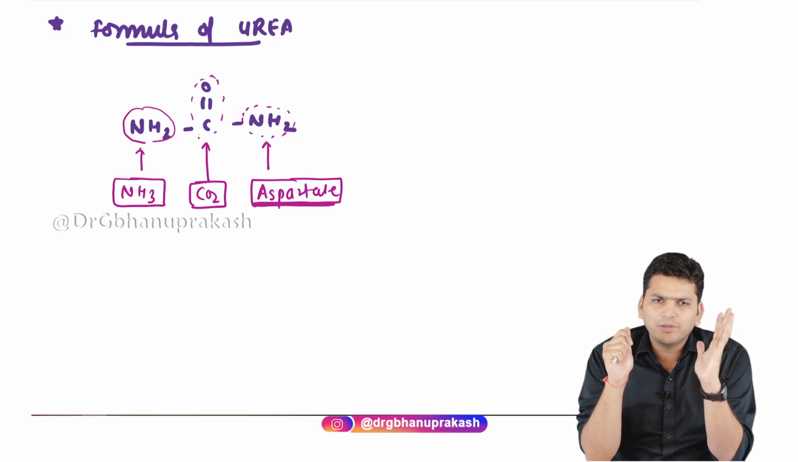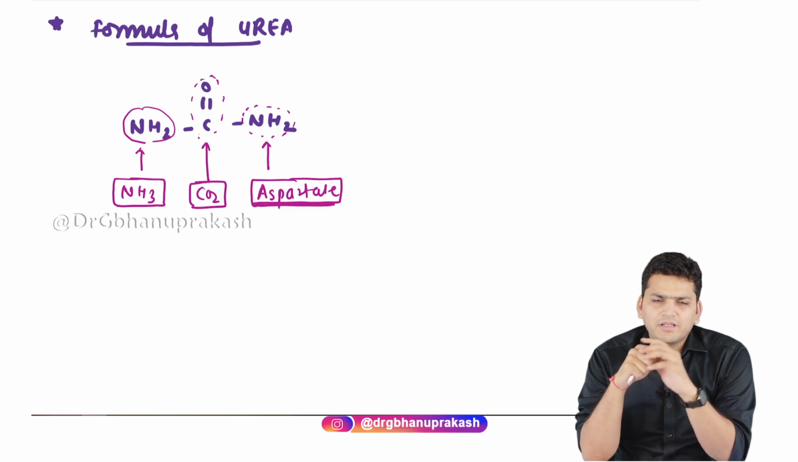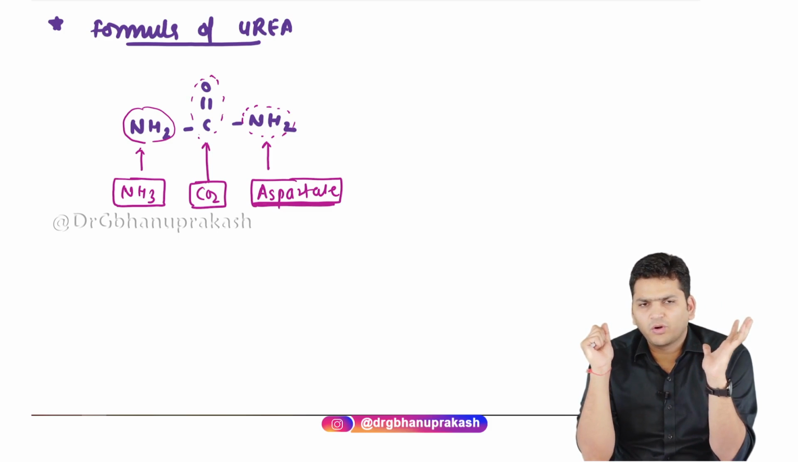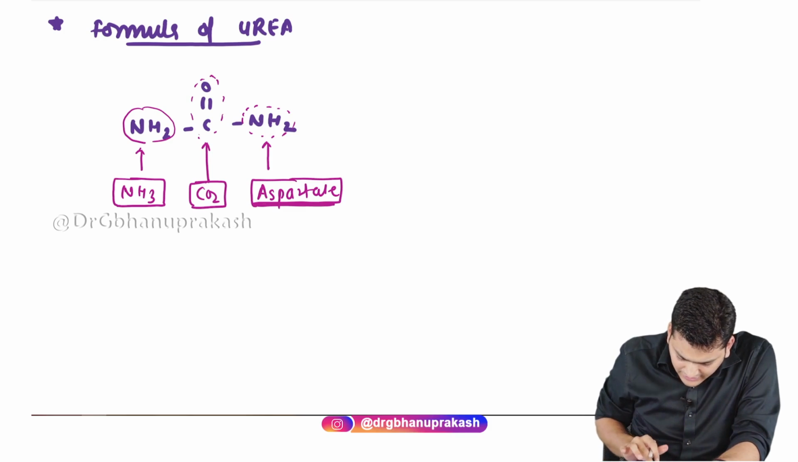One nitrogen is from the ammonium ion and the second is from the aspartate. Right? The first is from the ammonia and the second is from the aspartate. This is what they ask. Then the next thing that they ask is,